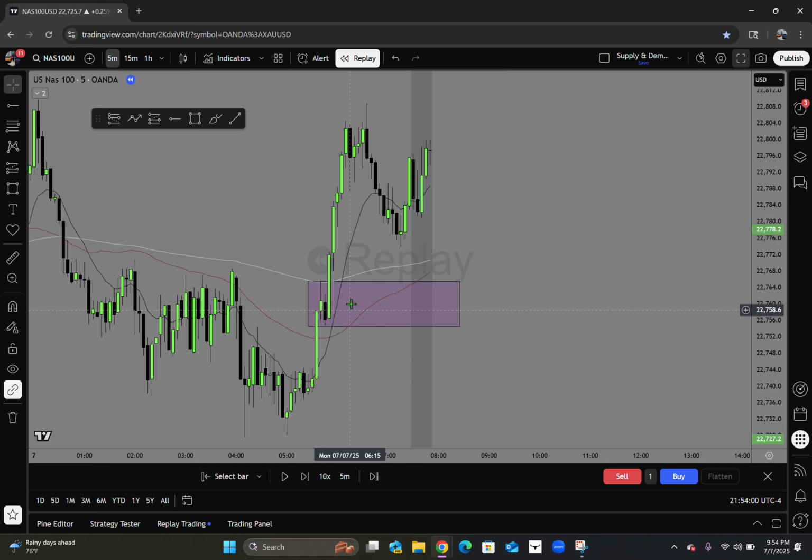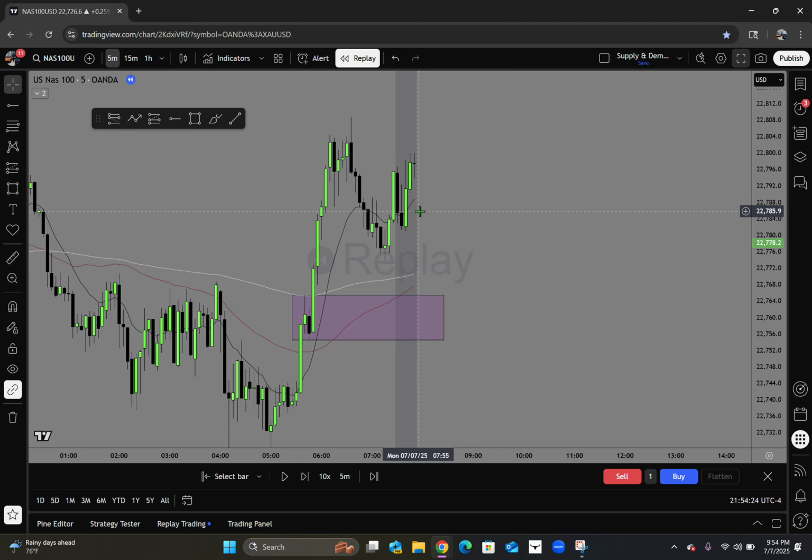I woke up, first thing I saw was this little demand setup right here that was formed. I saw price came up, came down, still has some gaps to fill in over here. I saw this 3MA break that happened right here, but I didn't take that trade because honestly it was still super early. It was before 8 a.m. And basically I decided to wait.